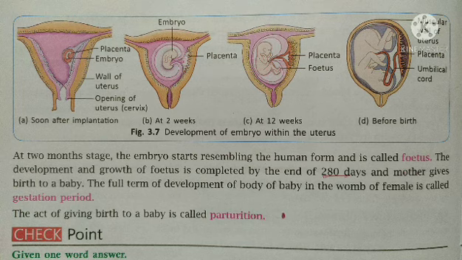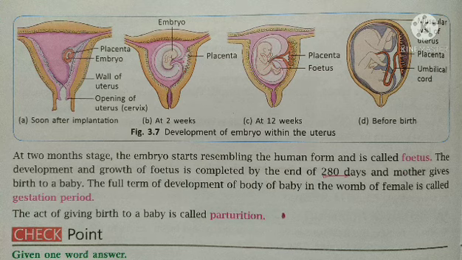It is basically a disc shaped structure, a temporary connection between mother and developing embryo. The embryo obtains nutrients and oxygen from the mother's blood through the placenta and releases carbon dioxide and excretory products into it. Therefore, this placenta is referred to as the fetal life support system. A woman with an embryo attached to her uterine wall is known as pregnant, and this condition is referred to as pregnancy.